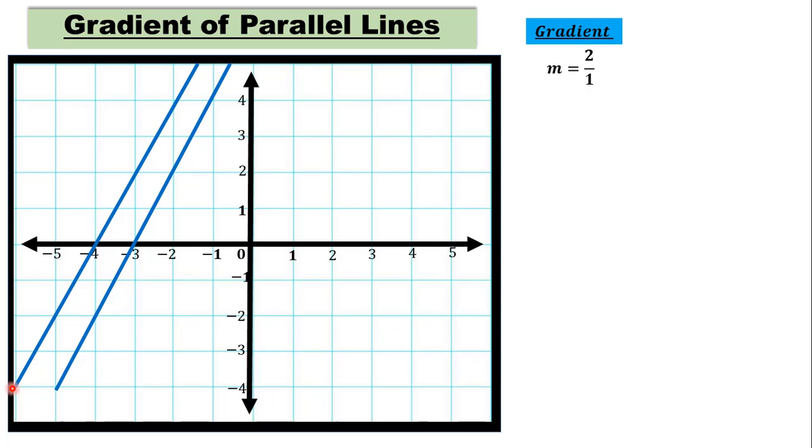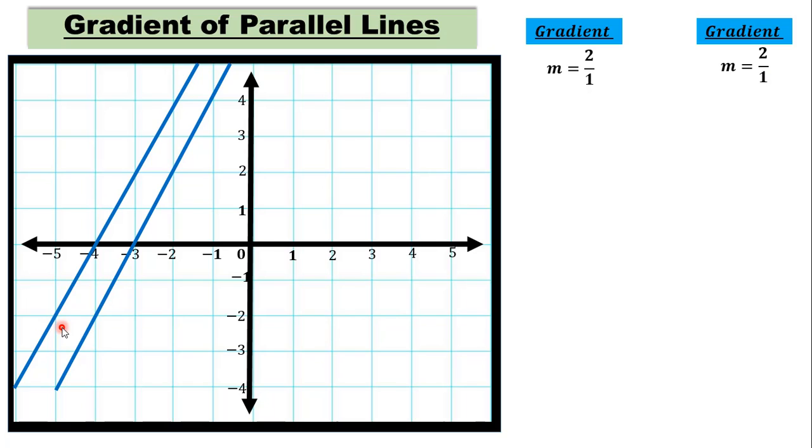the same gradient. Now if we need to find the gradient of the second line, we again have to consider 1 unit in the x direction, for which we see how many units the line is moving in the vertical direction, and it is moving 2 units in the vertical sense. So the gradient of the second line is again 2 units in the vertical sense and 1 unit in the denominator, which is in the horizontal sense. So the gradient of both the lines is equal to 2 over 1,